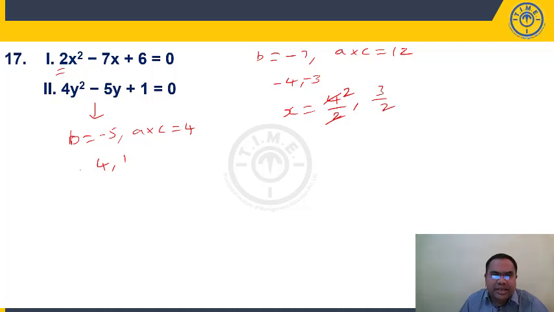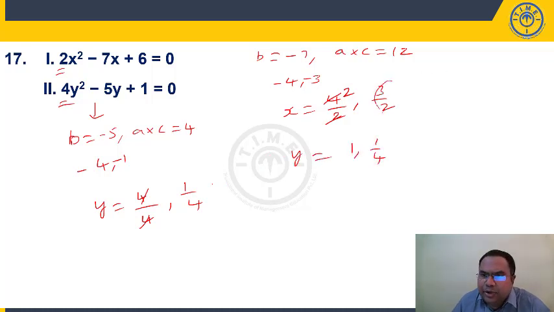But we should get minus 5. Minus 4 minus 1 is minus 5, minus 4 into minus 1 is plus 4. So while writing the roots, I have to change the sign. Minus 4 will become plus 4 divided with coefficient of y square, comma 1 by 4. So the roots of y are nothing but 1 comma 1 by 4.